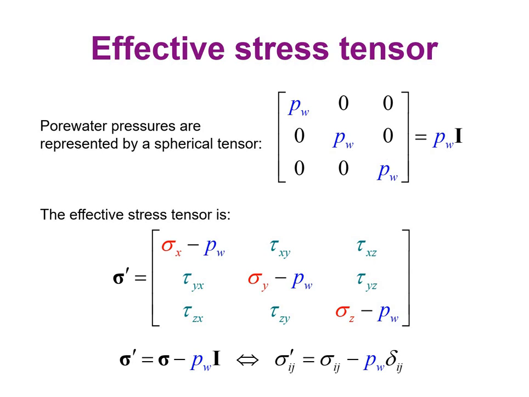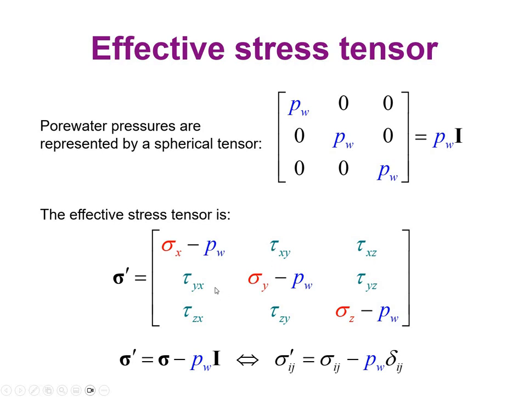know that there are only axial stresses that are the same in every direction because it's a pressure, and this is what we call a spherical tensor, can be represented by PW, the value of the pore water pressure, multiplied by the identity matrix I. This spherical tensor, which is the pore water pressure stress tensor, can be helpful to